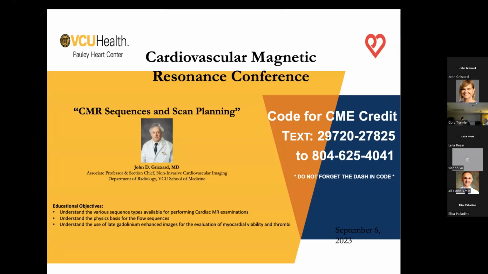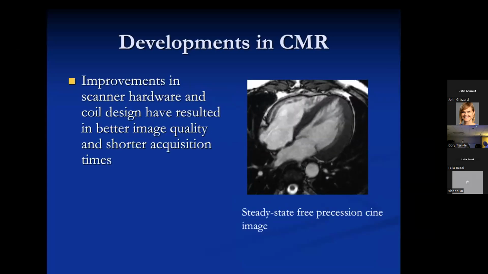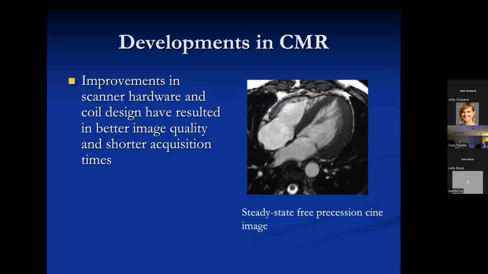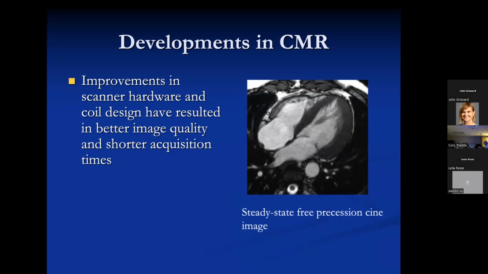Thanks, Corey. So this is a study of the nuts and bolts of cardiac MRI scanning. For those of us who were dinosaurs back in the day and remember when MR first started, the idea that you could image a moving heart seemed like science fiction, because if you do a head CT and the patient moves a little bit, the images are pretty much ruined or at least compromised, whereas the heart's moving all the time. So it's really a series of pretty elegant engineering and programming feats that enable us to do what we do